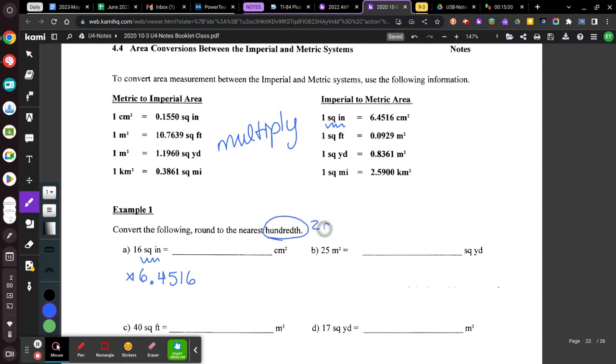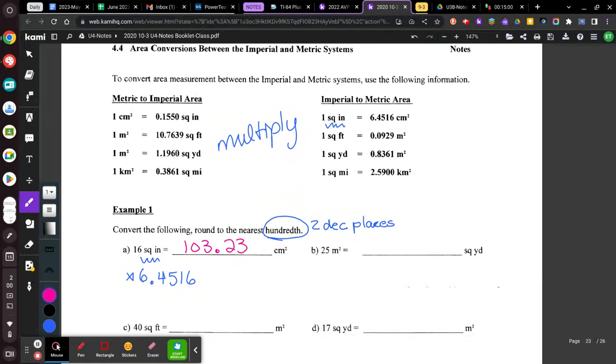That means 2 decimal places. I want to see 2 digits after the decimal. That answer is going to give us 103.23